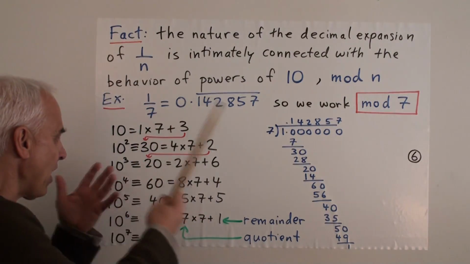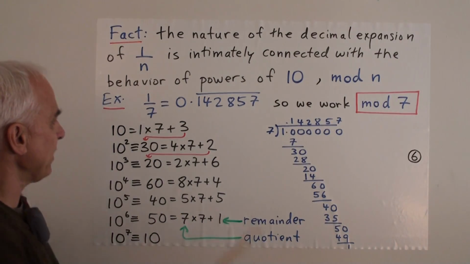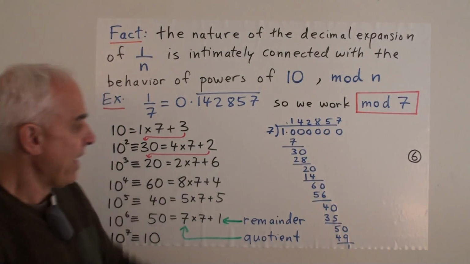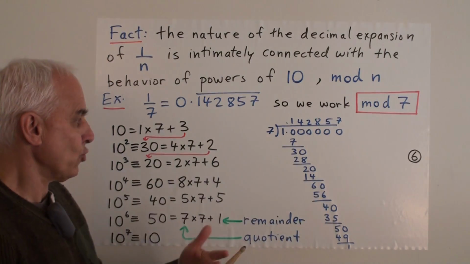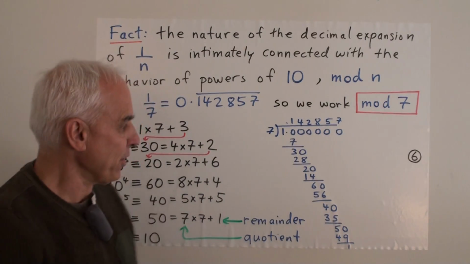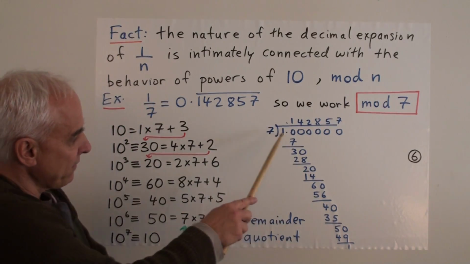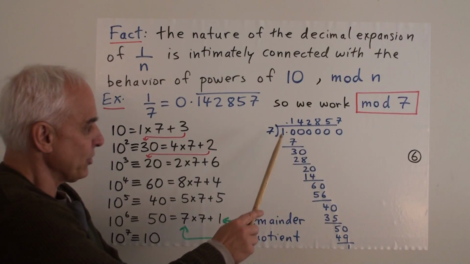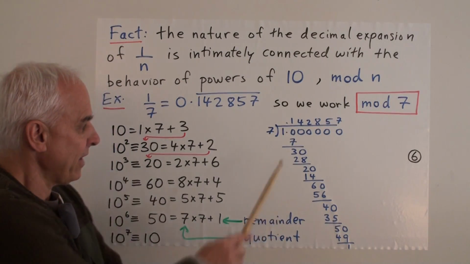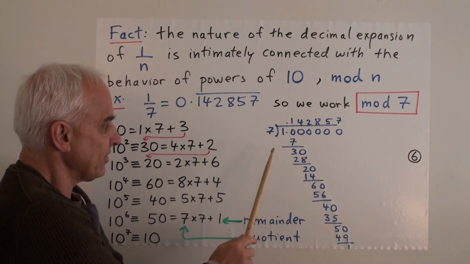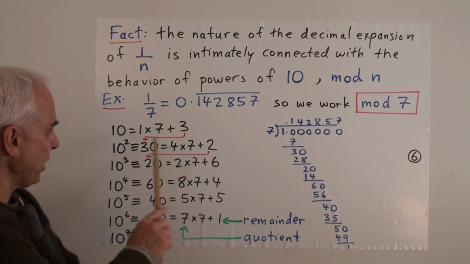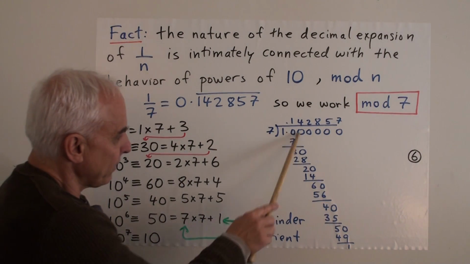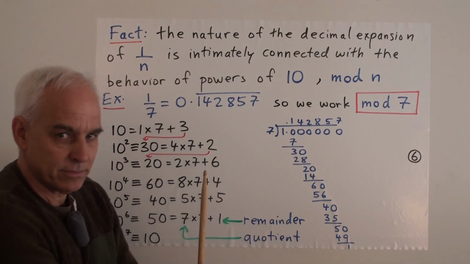So to make it obvious why there's a connection, let's have a look again at the 1 over 7 story. So here's the decimal expansion of 1 over 7, and I've repeated the usual long division over here. If we look at the various steps that are occurring here, we can write them down in the following way. The first thing that we're doing is dividing 10 by 7, and we're getting 1 times 7, and then there's a remainder of 3. So we can represent that by this equation here. 10 is equal to 1 times 7 plus 3. That's exactly what's going on here in this first step.